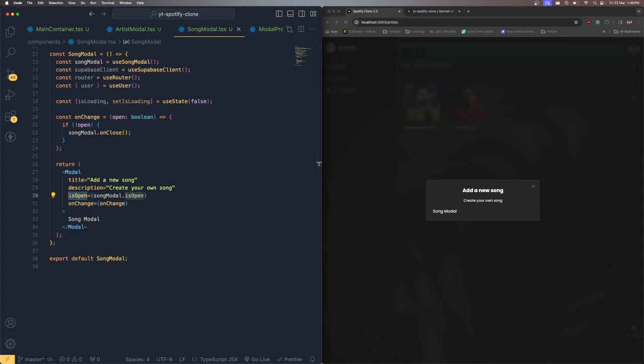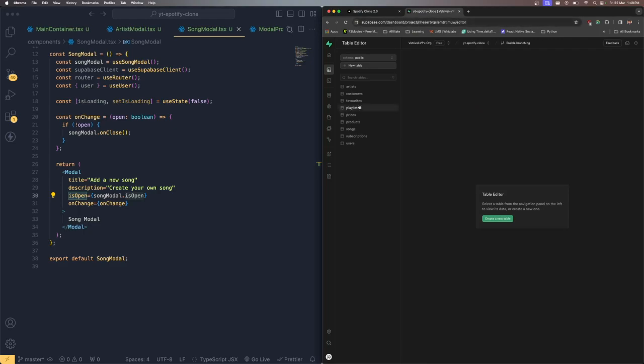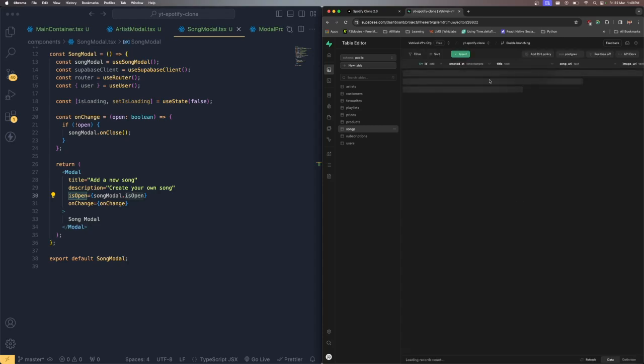All right, so first what we have to do inside the Song Modal, right? So we need to create the form fields. So let's get back to our songs over here. So what are the fields that we need to have for the songs? So for the song, we need to have the timestamp, don't worry about it, ID and timestamp, it's auto generated, title, song URL, image URL, user ID, artist ID, right? These are the things that we need to